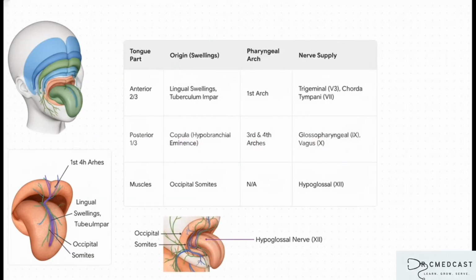This table is absolute gold for exam review because it puts all the pieces together. Let's trace the logic. The anterior two-thirds comes from the first arch, so its general sensation is supplied by the first arch nerve, the trigeminal. Make sense? The posterior third is from the third and fourth arches, so its sensation is handled by their nerves,